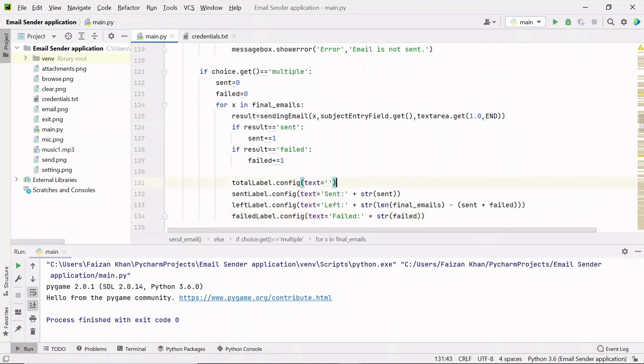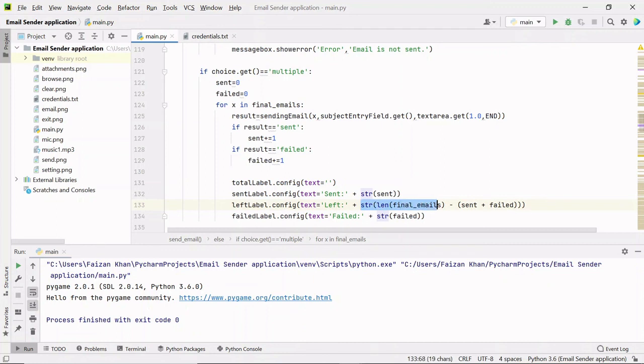So what I did, firstly I removed the text of this total label, and then I updated the text of the sent label and also added the count, right? So it will simply denote how many emails are sent successfully. After that I updated the left label, and there you will see the left string, and after that you will see the emails which are left and how I have counted it.